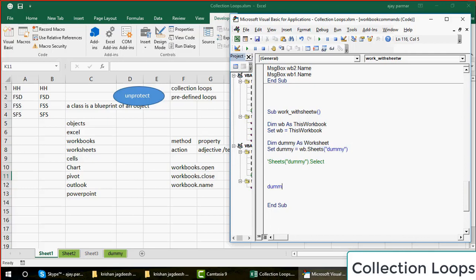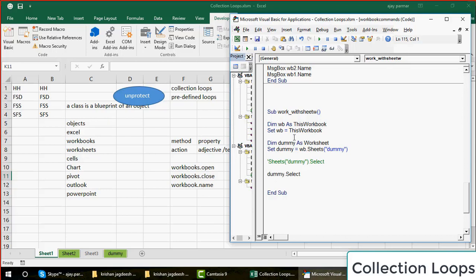So whenever you say that I want to go in the dummy, just go and write dummy. Now you should also understand, this is a variable. This is not actually a sheet name. I deliberately gave it the same name, but I can give this anything. Dummy.Select does not mean that it's actually my sheet name. It's an object which I created.